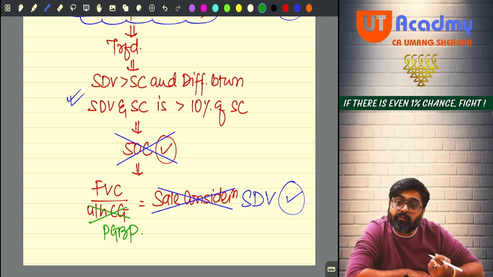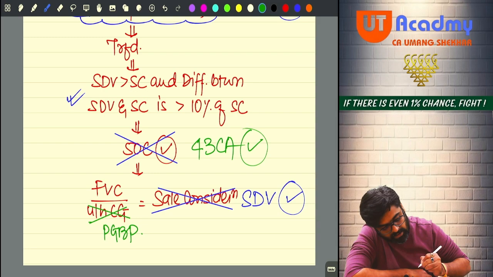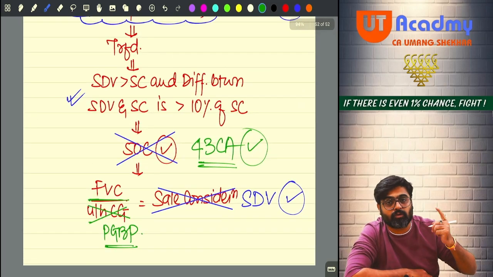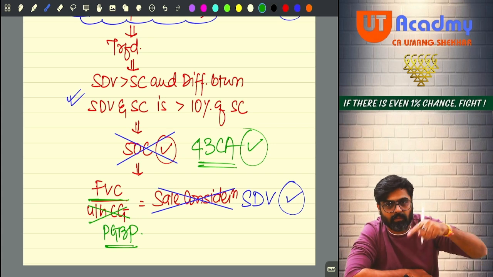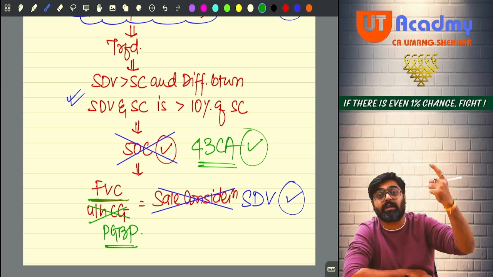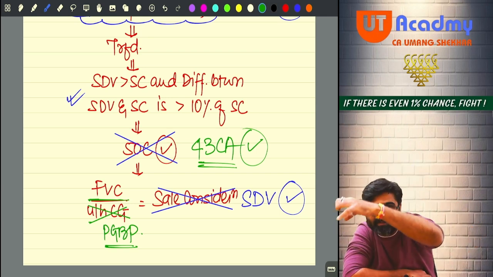So even if 50C is not applicable, here what will happen? One section will be applicable, 43CA. And as per 43CA, the consideration for sale of your stock in trade, which you are showing as PGBP income, which you were showing as what? Sale consideration. Yes or no? That will be ignored, and the stamp duty value will be taken as your full value of consideration, taken as your PGBP income, sale value under the PGBP head.